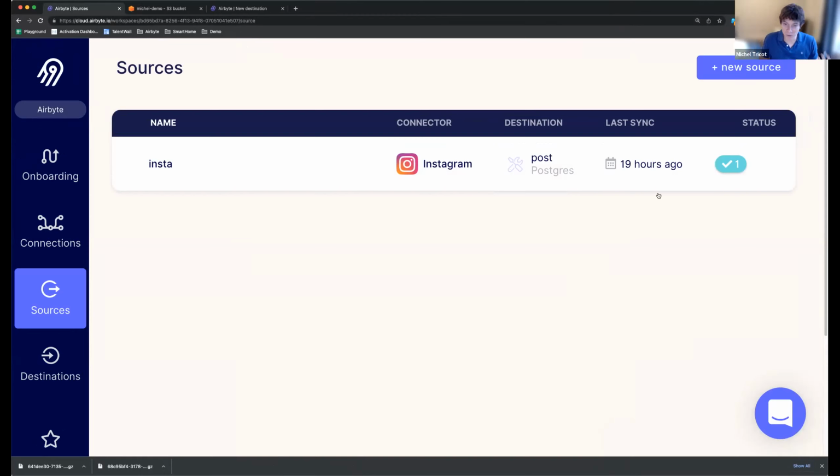Yeah, so let's see that. When you're looking at Airbyte, you have three core principles. You have what we call sources, which is where is your data? You have destinations, which is where do you want your data to go? And then you have the connection, which establishes a link between the source and the destination.